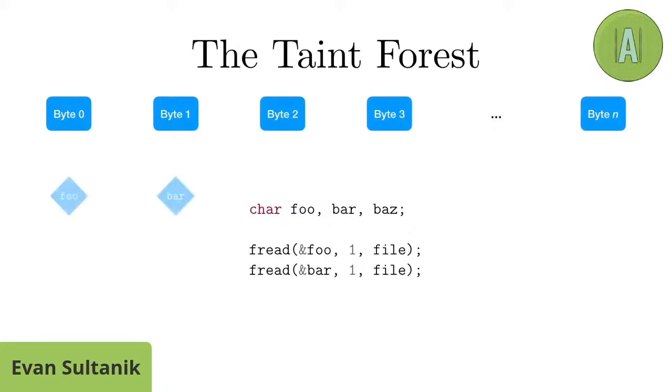And then when we read foo and bar, they would each get their own taint node corresponding to those byte offsets. Now I'm simplifying a number of things here, but then if we were to assign baz to foo and bar, the taint from foo and bar is being unioned together. So baz is tainted by both byte offset 0 and byte offset 1. So we add a new node to the taint forest for baz. Now, of course, there are a number of optimizations where we don't always have to create new nodes, but still,